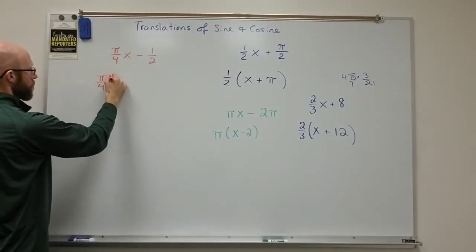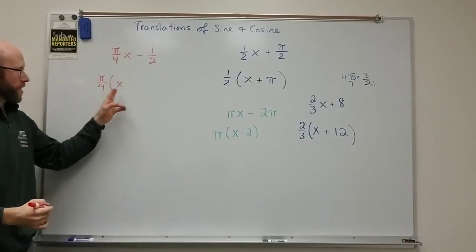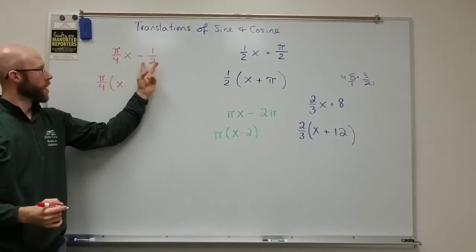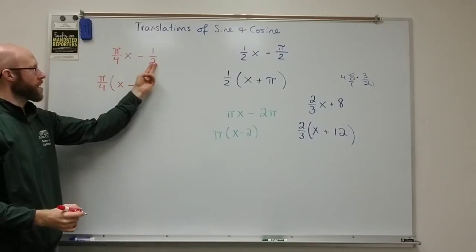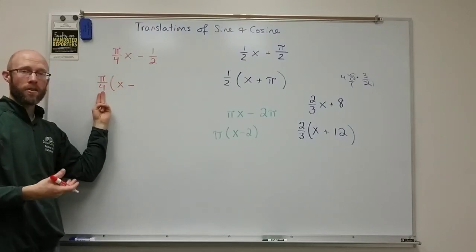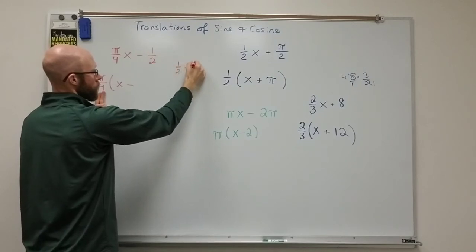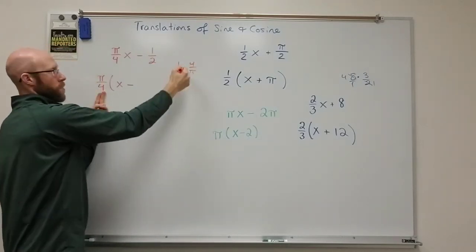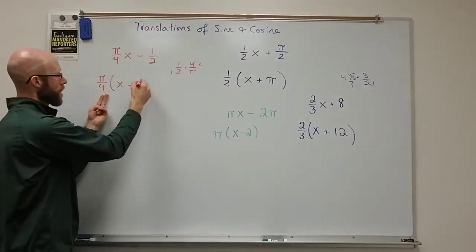So I factor out the pi over 4. That leaves me with the x in the first term. Now, obviously there's going to be a minus. Now the 1/2, remember what I have to do is multiply by the reciprocal of pi over 4, which is 4 over pi. So if I think about 1/2 times 4 over pi, well, the 4 and the 2 will reduce, and I'd be left with 2 over pi